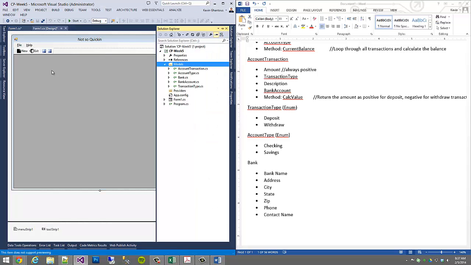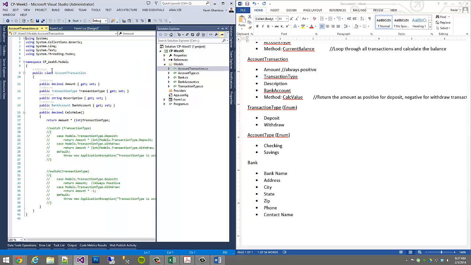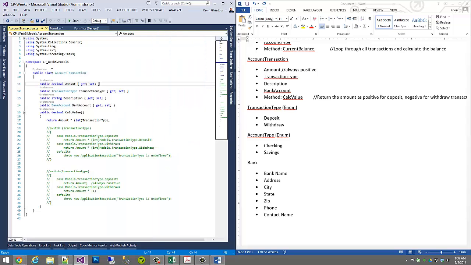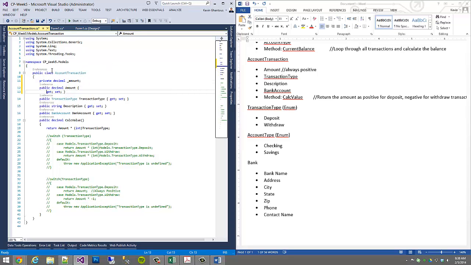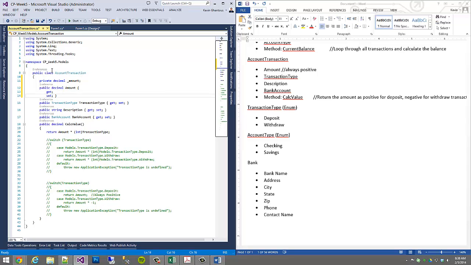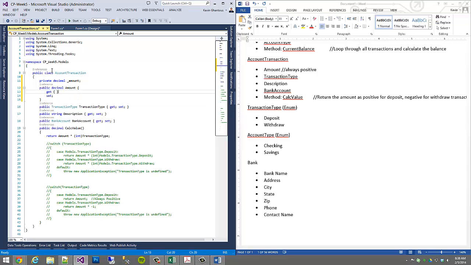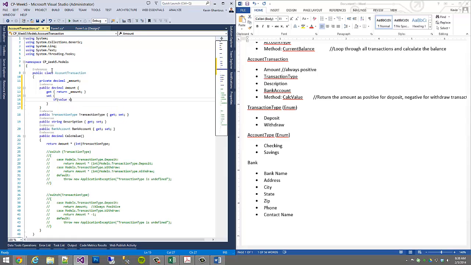One last thing that I did want to touch on was the account transaction. This was a little short-sighted on my part, in that the amount, we always want it to be positive, but there's nothing here to validate that. So what I'm going to do is create a private decimal. I'm going to call it amount. And then inside of the property, I'm going to make this a get and set and return amount. And then I'm going to say if the value is less than 0,